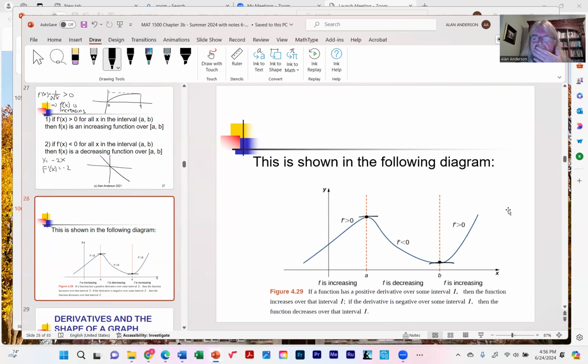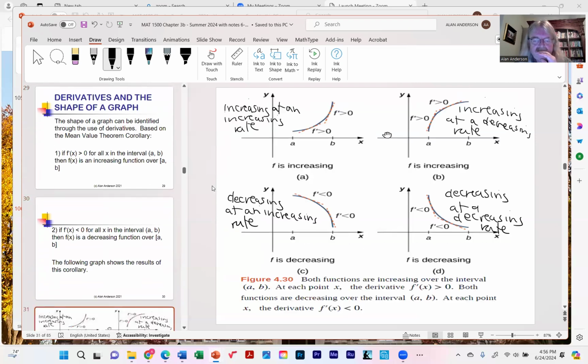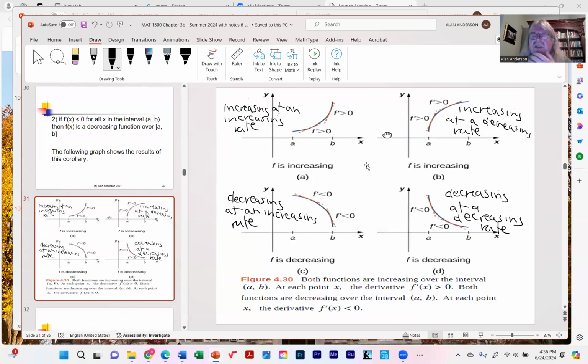Okay, so now here they're showing you that it can be increasing or decreasing only within given intervals. It doesn't have to be the case that the entire function is increasing. But what they're saying is that within those intervals, if these conditions are met, then what we're going to have here is increasing or decreasing. This looks a lot like the graph I was just showing you a little while ago, doesn't it? Okay, well, not a problem. We've already discussed this,